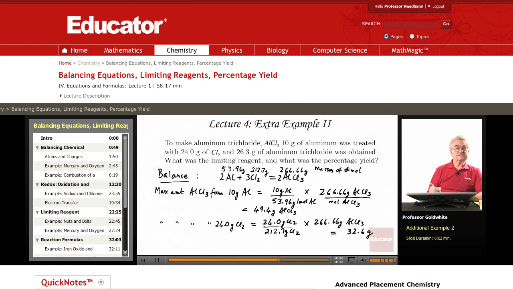Therefore, the reagent that is limiting is the one that produces the lower yield. Remember the nuts and bolts analogy. It is the reagent present in smallest amount that limits the amount of product you can get. And that is Cl2. So, the theoretical yield then is 32.6 grams of aluminum trichloride,